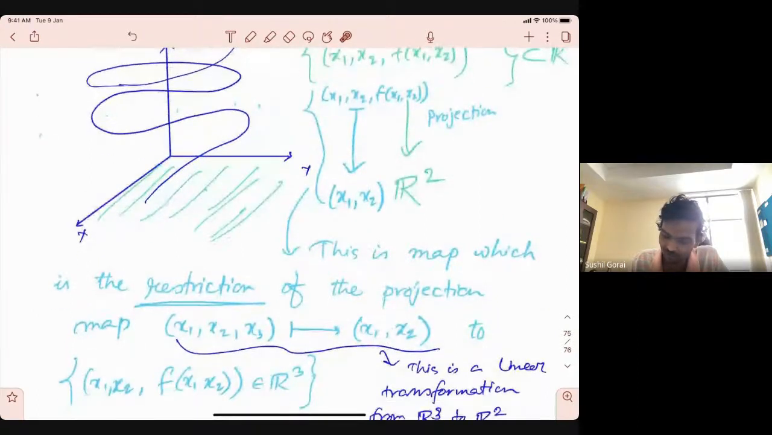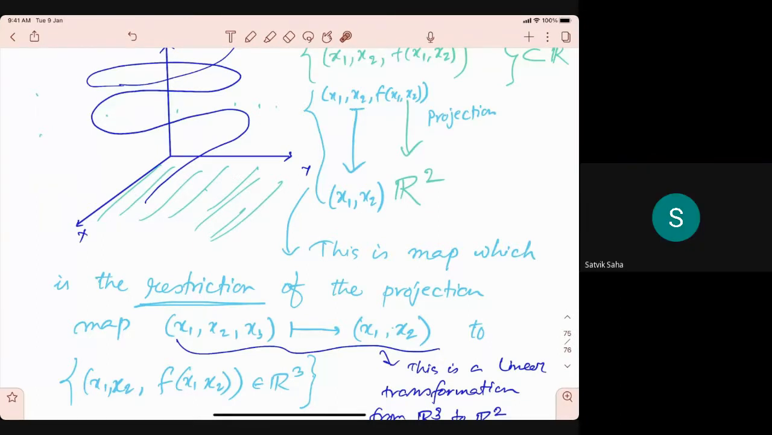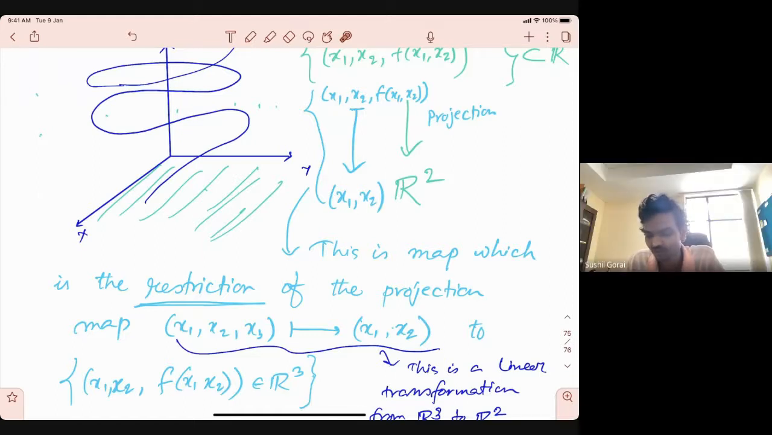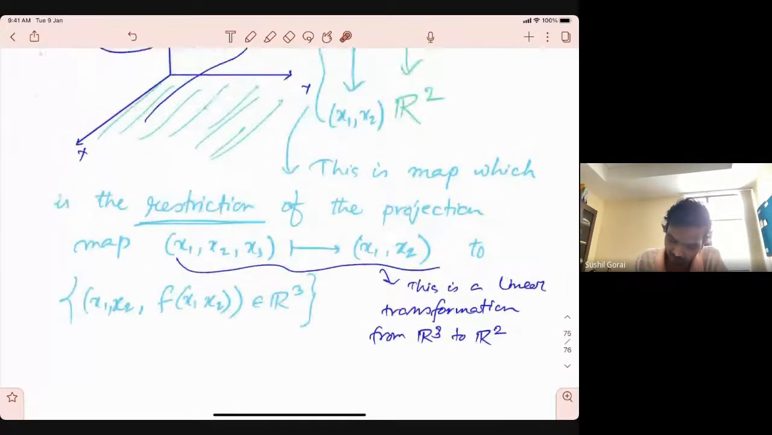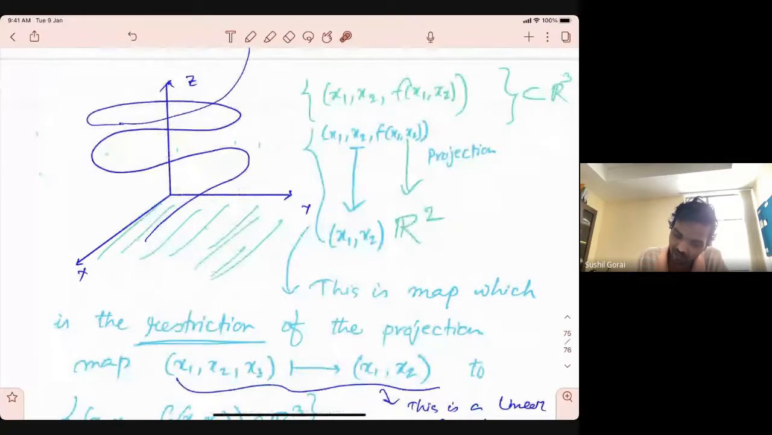How do you know this is bijective? Or what will be the inverse? Simple, right? Just attach f(x1, x2) to the end. So (x1, x2) goes to (x1, x2, f(x1, x2)). So now this is pretty simple. We have a subset which is bijective to R2 and continuous also. The inverse is also continuous. So it is a homeomorphism,